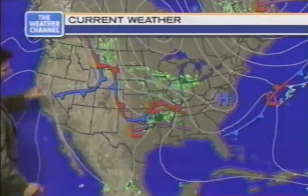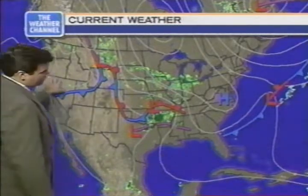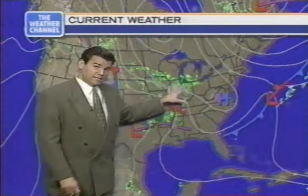Here's the happenings with current weather. Right now in the northwest, we have a few showers. We have some rain, too, in parts of Montana. Rainy night around Chicago. If you have plans to hit the town, you're dealing with it. Milwaukee, even Minneapolis, a little rain, especially on the south side. Detroit, Toledo, we're wet. But the real problems persist with some heavy-duty soaking rains in parts of Arkansas and